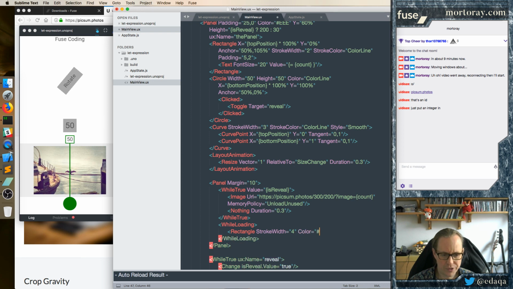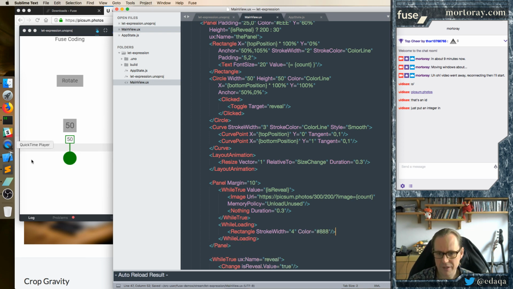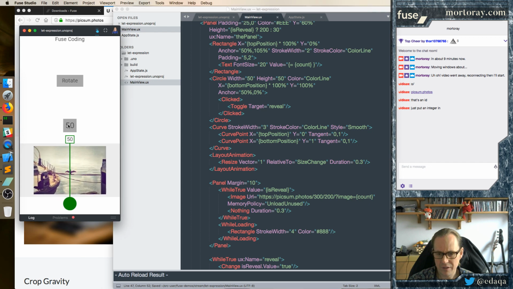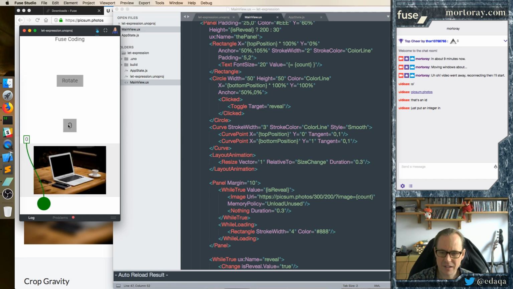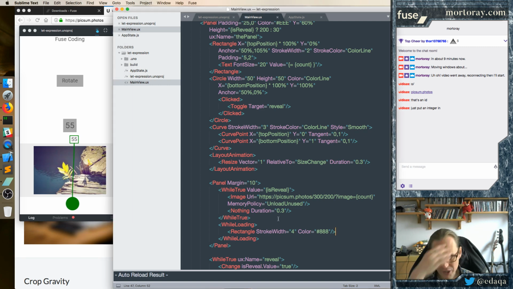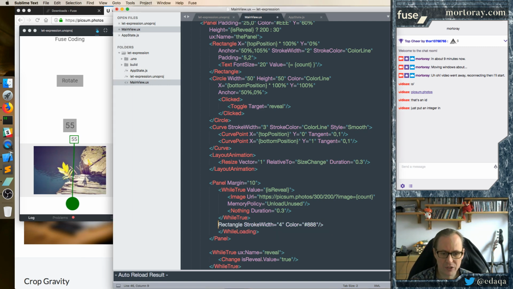Or color equals just something light so we can see it. Now if I did this right, alright, you can momentarily see it. And we might want to instead put the actual rectangle here the whole time, and just make it invisible. So normally it's just invisible, and while it's loading we can change